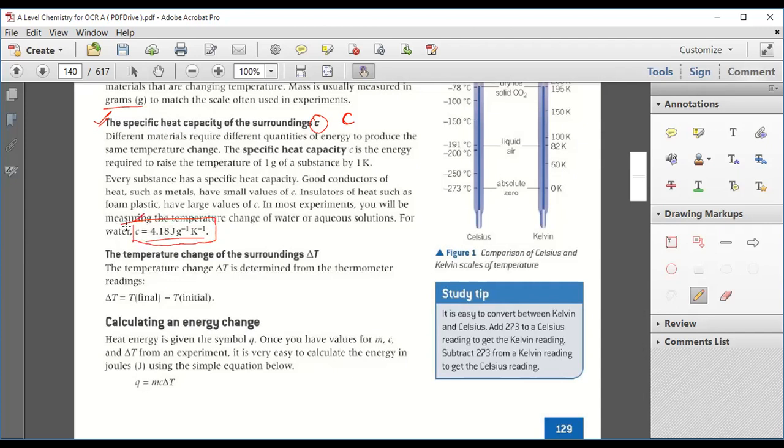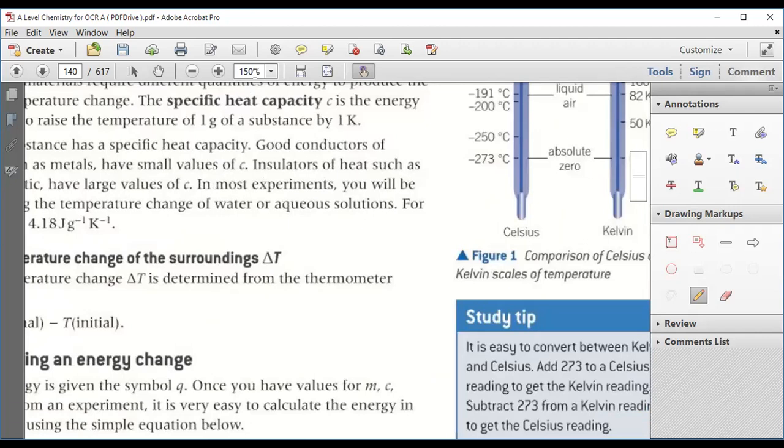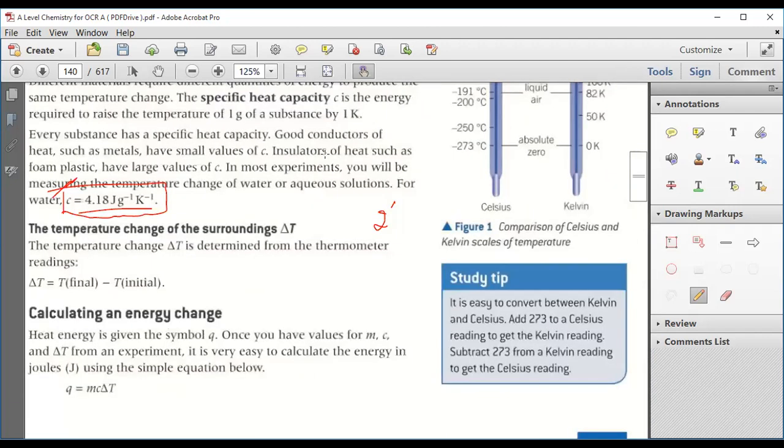So this is the specific heat of water. You have to remember, the specific heat of water is 4.18 joule per gram per Kelvin. It means that suppose you have 1 gram of water at 25 degrees Celsius and you need to increase its temperature by 1 degree Celsius, or take it to 26. To make that 26, you need some energy. So what will be the amount of energy you need to supply? That is 4.18 joule.